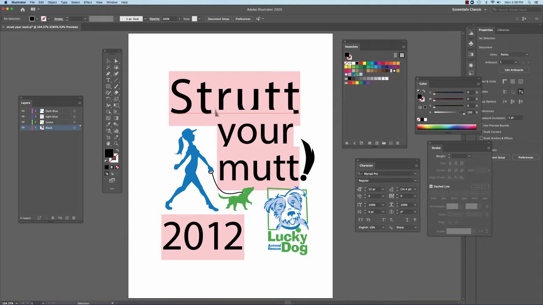So what sometimes happens if you open up a file, regardless if it's Illustrator or InDesign or Photoshop, and it's highlighted pink like this, that means the font isn't active in your system, and that can mean a number of things. It can mean that you don't have the font, or you have the font but you haven't turned it on in a font management software like, say, Typekit or Suitcase,